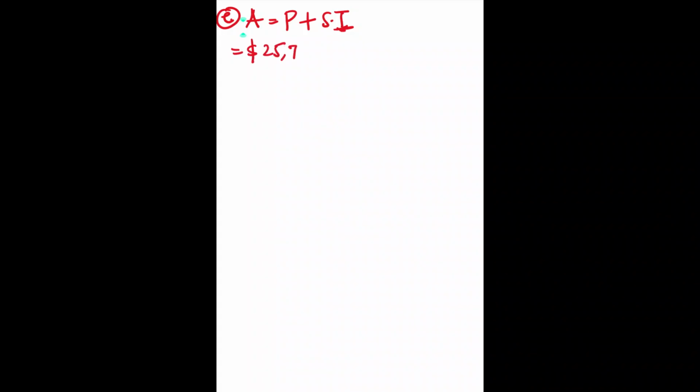So we do 25,748.8 times the simple interest is 11%. So let's do 11 over 100. 11 over 100 will still give us 0.11. So if we do 25,748.8 times 0.11, we should be getting